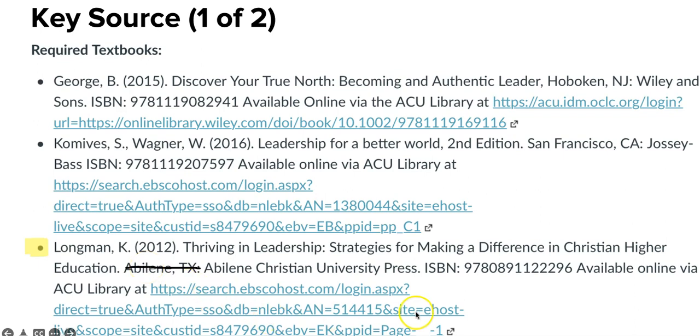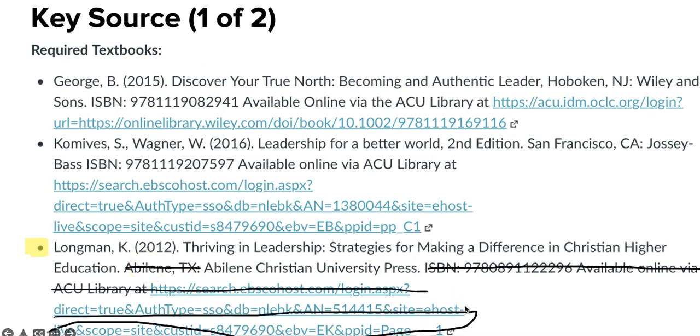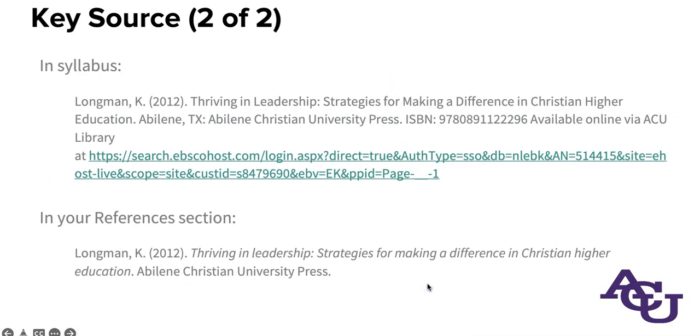It should not be included. The ISBN number, same thing, and the fact that it's available in ACU's library specifically, not needed, should not be in there. We also want to reformat the title so that it is in italics and in sentence case rather than in title case. So that'll look like this.